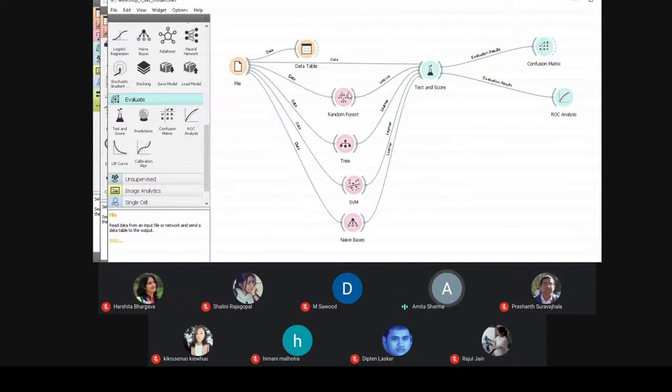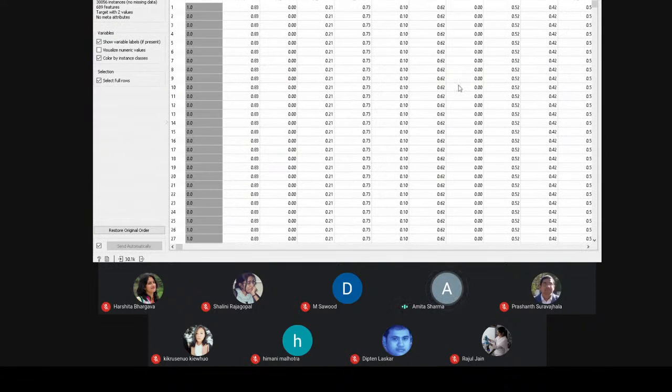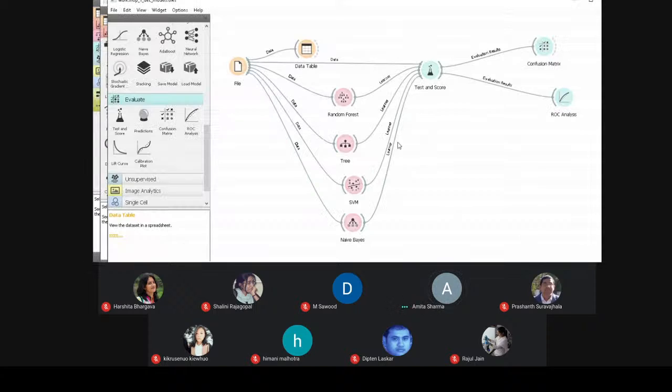Now the second thing, I have used the data table option just to show the data in tabular format. This is the target variable and the others are the features of drug and protein. Now in this case, I have used four prediction models, machine learning models, and I have tried to compare those models using test score.